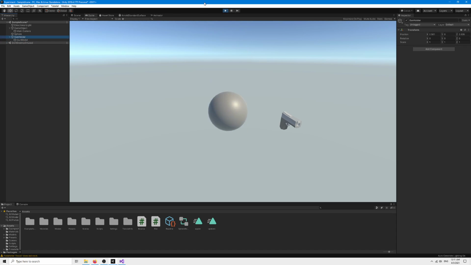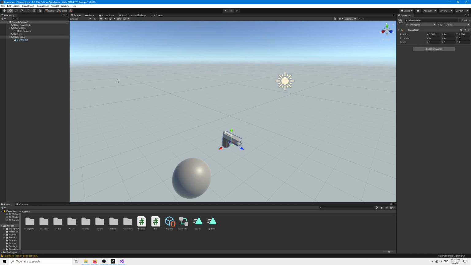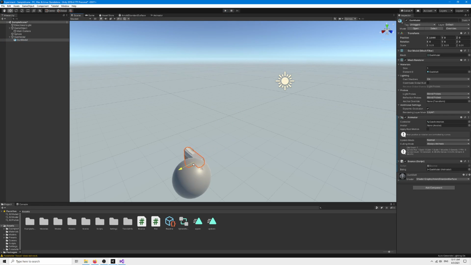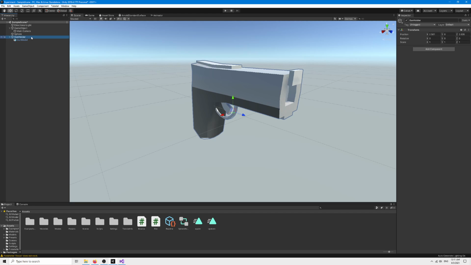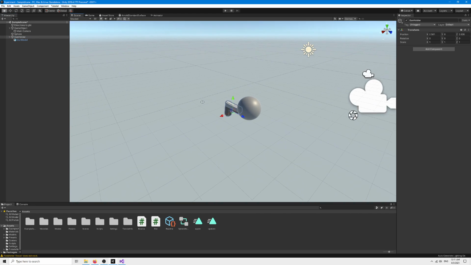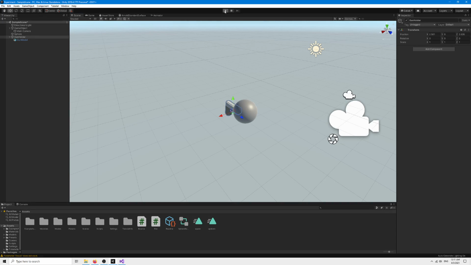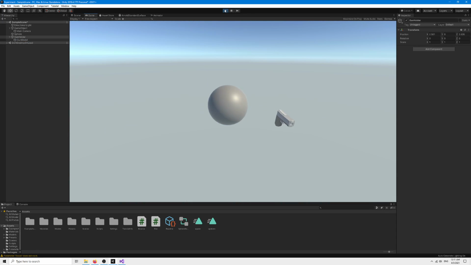So if the gun is moved from the center of the gun holder, which is, well, we'll see how that works. There we go. The gun, which is here, is relative to the center of the gun holder, which is over here. So it'll always bounce back to the absolute zero of all of its positions, as well as the rotation